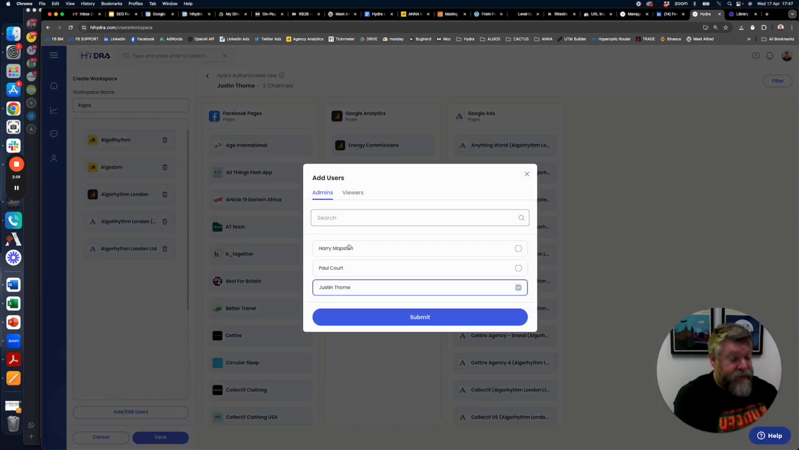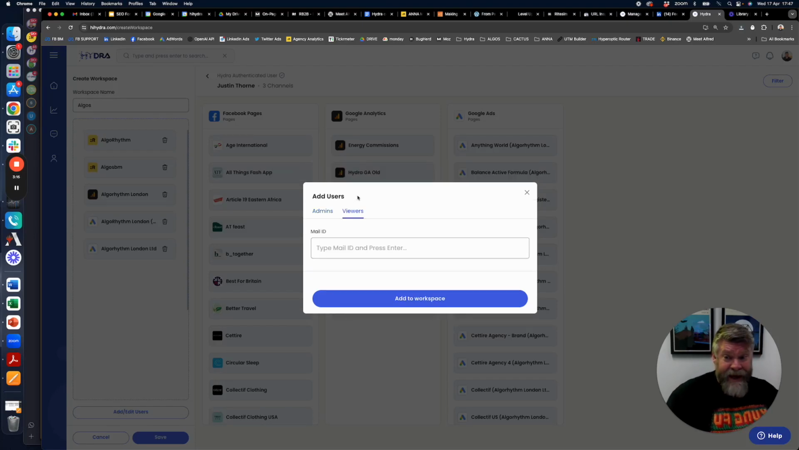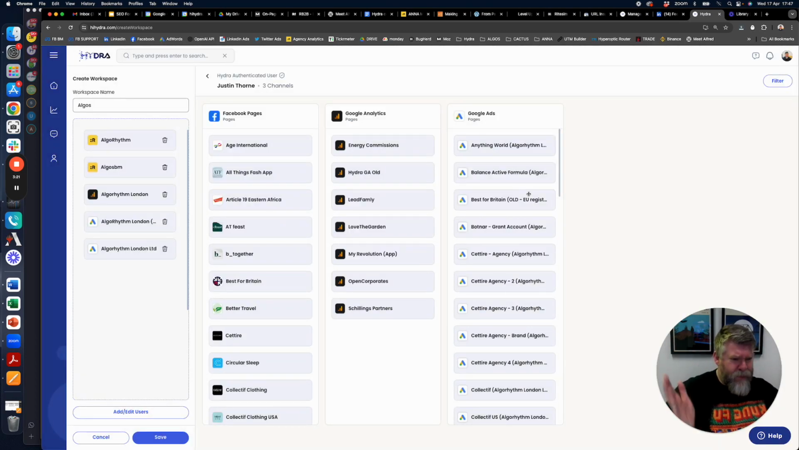Now this is really useful for people that aren't in the channels actually running campaigns. So it might be a CMO that doesn't want to actually be in all of the GAs or the Facebook pages or the LinkedIn ad accounts. It might be someone in risk or HR or IT. You can add them as a viewer so they can actually still access this workspace and just quickly monitor who has access. So a CMO, once this is created, for example,